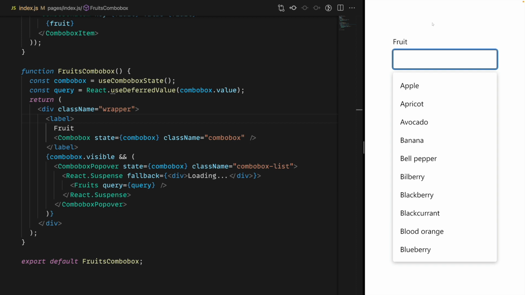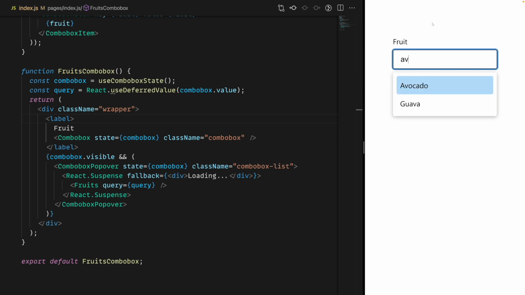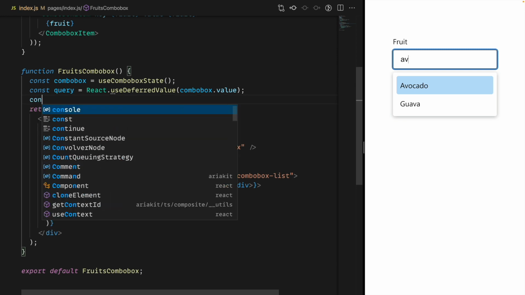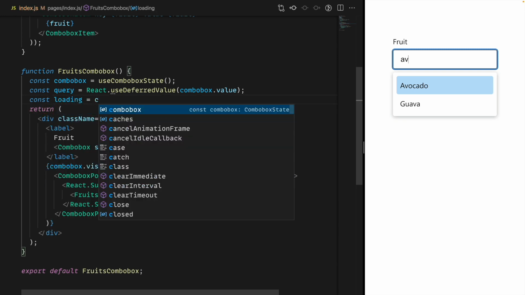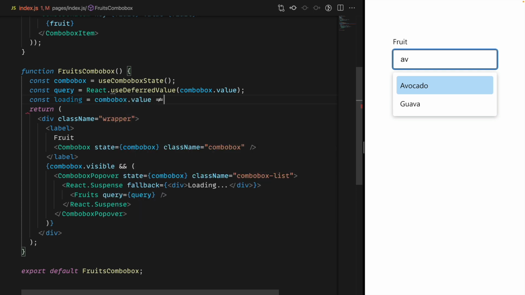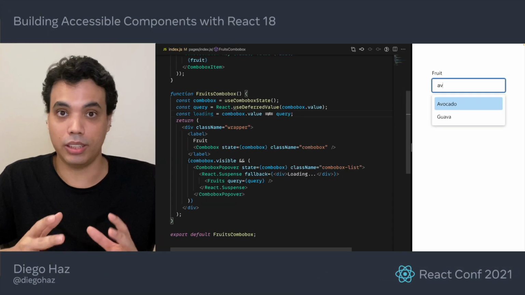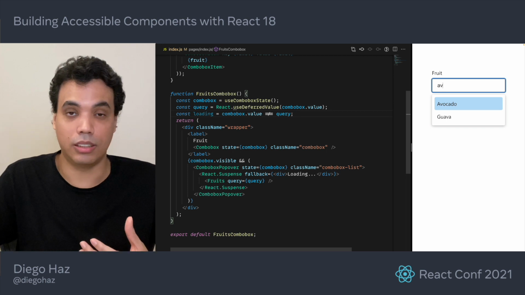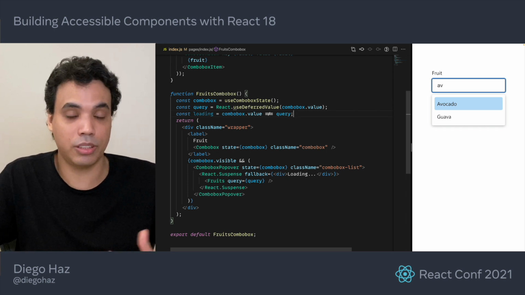And as a bonus, if I start typing something and I quickly move to the item before the next state is rendered, if the next state contains the element that has focus, the focus will not be lost, which is also really great for accessibility. But we still have access to the loading state within our code. It's going to be loading when the current value, our combo box value, is different from the query, which is the deferred value. And you can use it, for example, to show a spinner. You can dim the items or disable click on them to prevent misclicks between the transitions, for example.